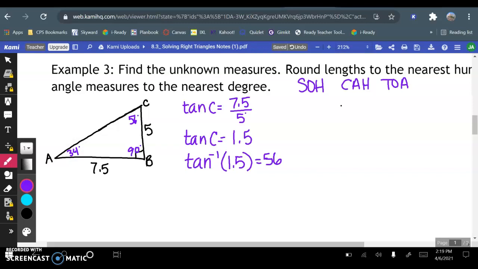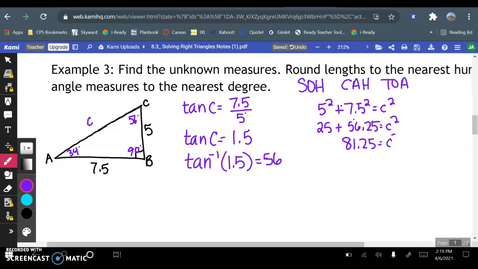Now, to figure out the hypotenuse, we can do a couple of things. We can use the Pythagorean theorem. And remember, the hypotenuse is the C. So we can do 5 squared plus 7.5 squared is going to give us our C squared. So that's 25 plus 56.25 would give us C squared. And then if I add those together, I get